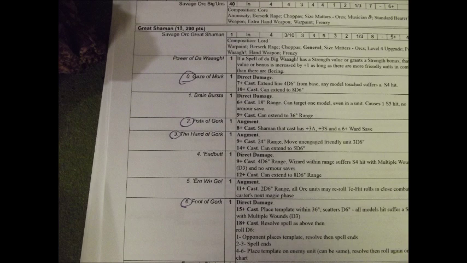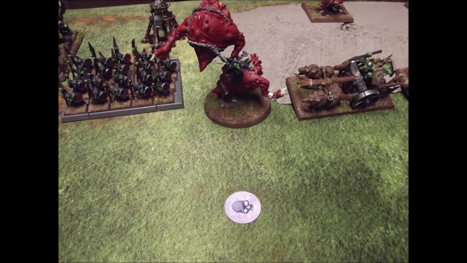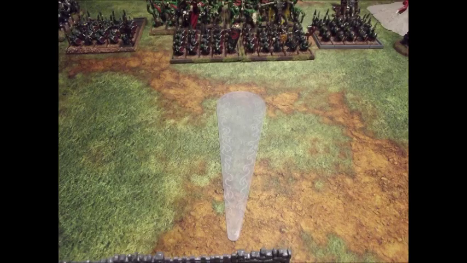The foot and the hand, other than here we go, are the ones that are dangerous. So the dwarves win first turn and start off by putting a cannonball about 6 inches short. So that's not a good start. I was hoping to eliminate a mangler squig right off the bat. And